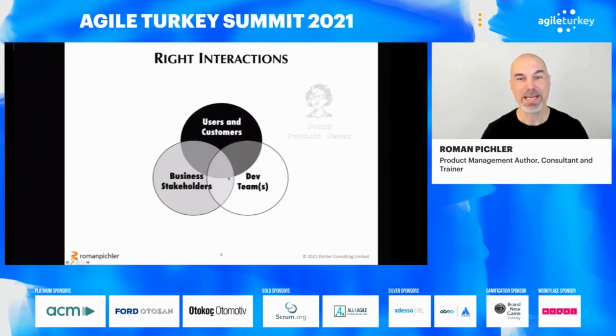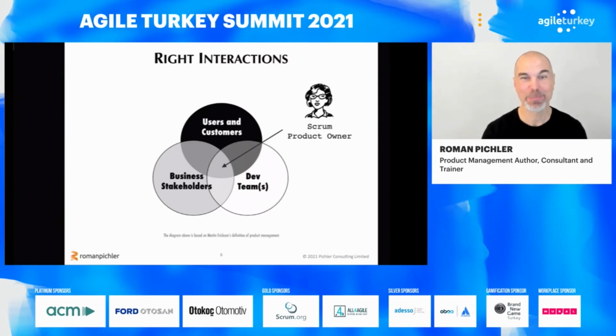So for me, a Scrum product owner should interact on a regular basis with users and customers. And my rule of thumb is to talk to and ideally meet users and customers at least once every 3 months, once a quarter. In addition to all the user interaction data that is being collected using analytic tools. One of the big advances,